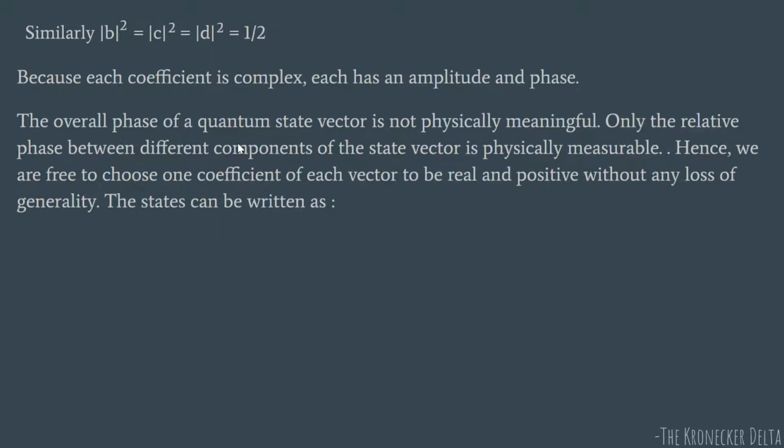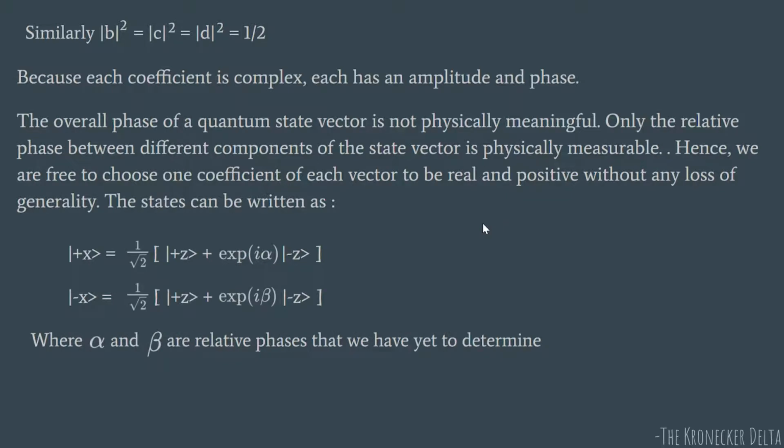So this fact is going to help us find a, b, c, d. We write the state as, since the norm square is 1 by 2, the value comes out to be 1 by root 2. Then you have plus c; you have taken the phase thing outside and then removed it because it doesn't matter. What you are left with is alpha, the phase difference between these two terms. Okay, I denoted it by alpha. So this e to the power i alpha term remains here, and this minus c. Similarly, there has to be some phase difference between these two states. I represented it by e to the power i beta. So now we have to find alpha and beta.